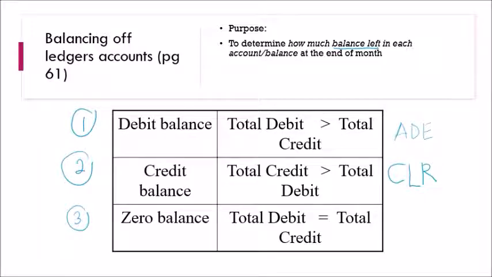So this is the normal balance that usually happens. Okay, but sometimes there would be abnormal, but that rarely happens. Okay,